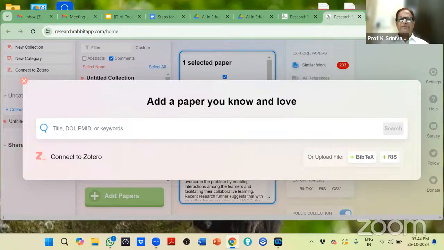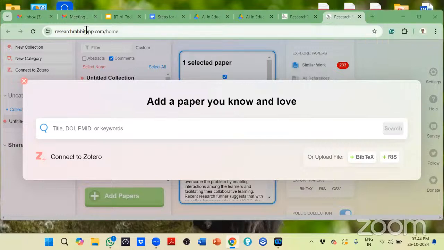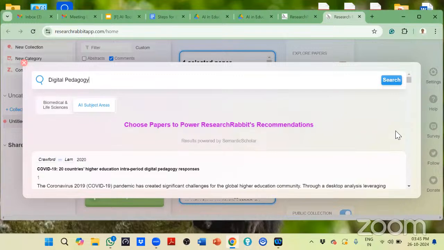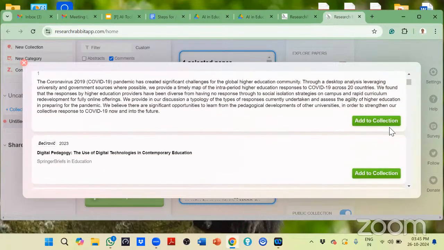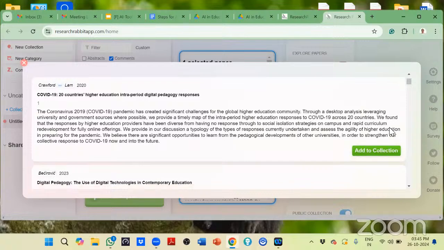रेफरेंसिंग टूल्स हैं। हम सब लोग कई वर्षों से इसको यूज कर ही रहे हैं। अब मेरा कहने का मतलब ये है, I think they can be used much more easily and conveniently with this. और यहाँ आप, this is for those people, जैसे मैंने आपको पहले ही कहा था, डिजिटल पेडागॉगी, तो डिजिटल पेडागॉगी, और इसके बाद आप चाहे तो फाइल को अपलोड भी कर सकते हो। और आपके पास जोटेरो, जो आप यूज कर रहे हैं, जोटेरो को भी इस तरीके से आप इसके अंदर एक्सेस कर सकते हैं। और जो मैंने सर्च किया था, इसके अंदर मेरे पास एक 2020 का एक आर्टिकल आ गया,